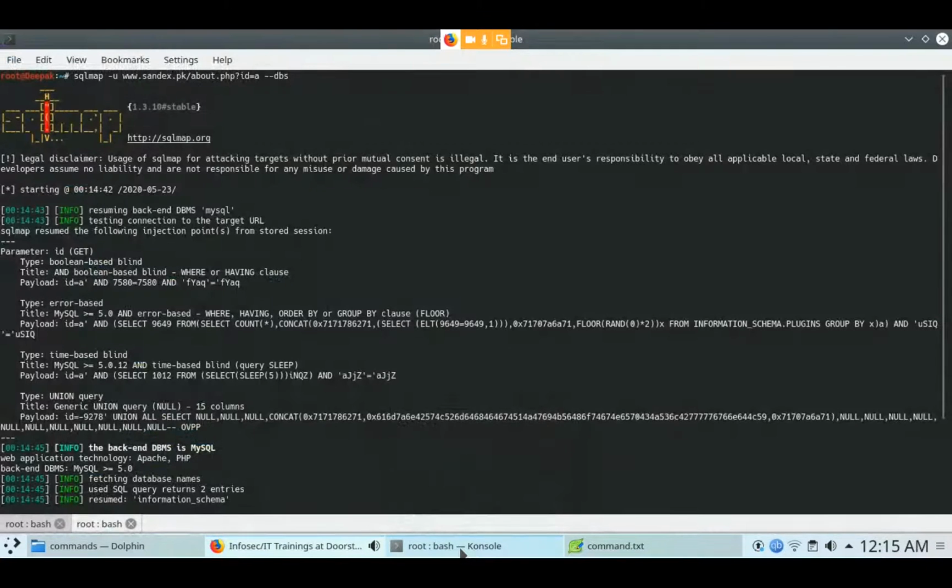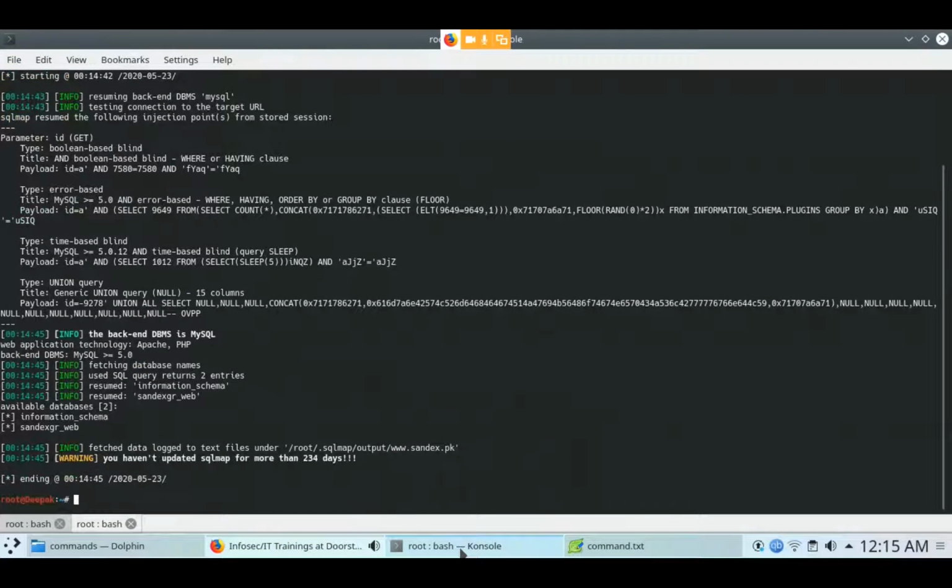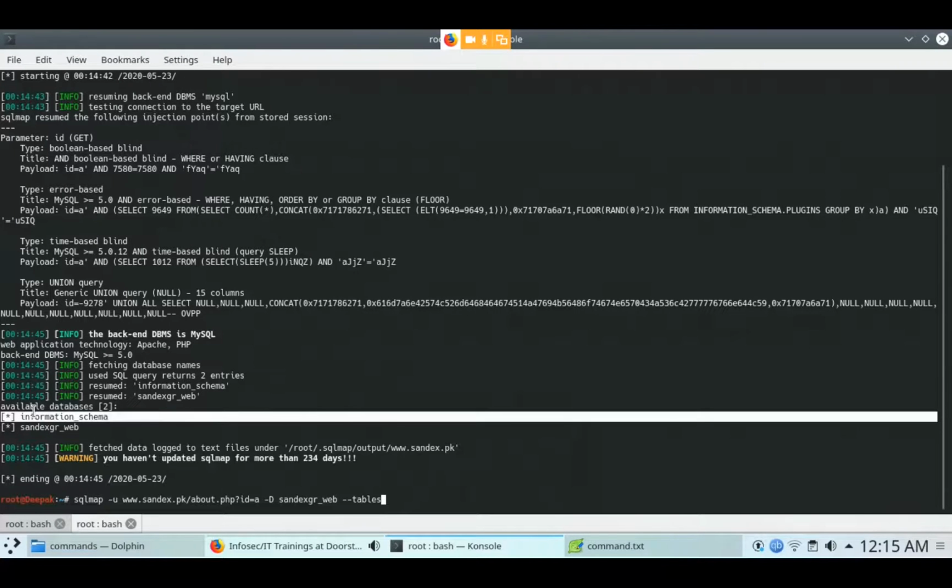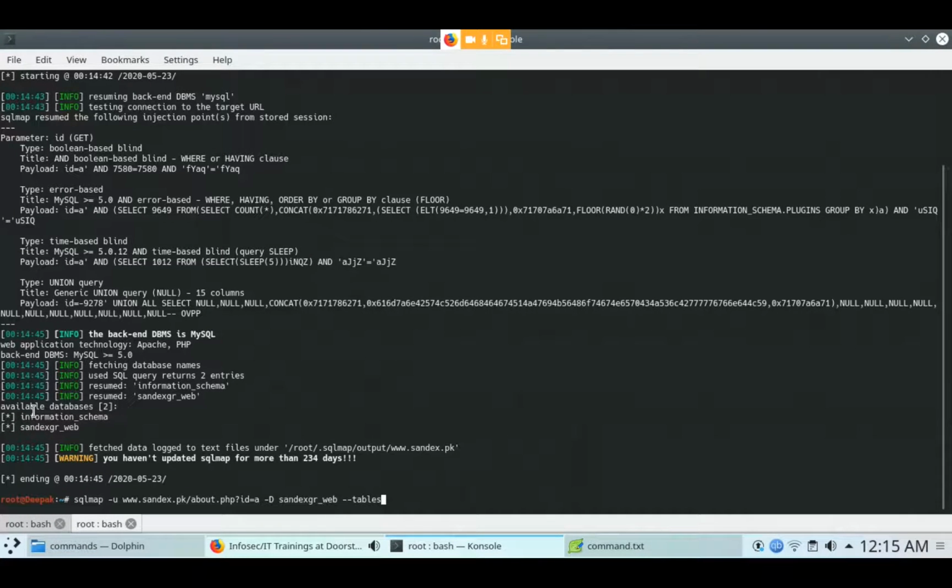After that, here you can find the database names. The first database is sandexger_web, and the second is information_schema. Here are the two databases. I want to find the tables from sandexger_web.